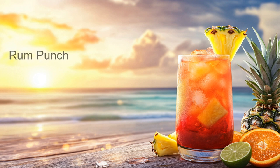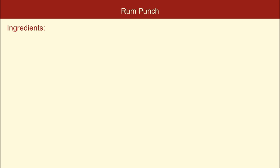The Rum Punch is a vibrant and fruity cocktail that's perfect for summer gatherings and tropical getaways. You will need the following ingredients: 1 cup white rum, 1 cup dark rum, 1 cup fresh pineapple juice,